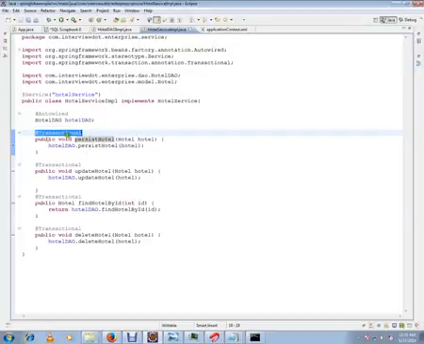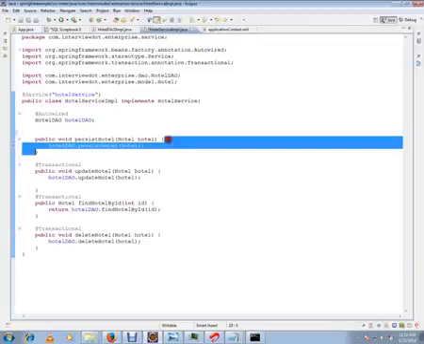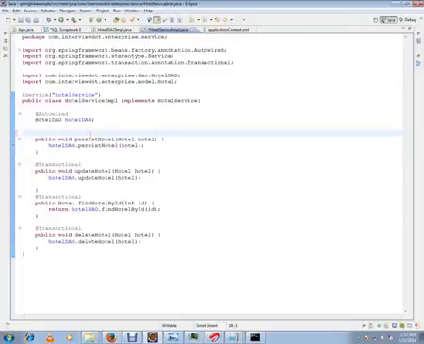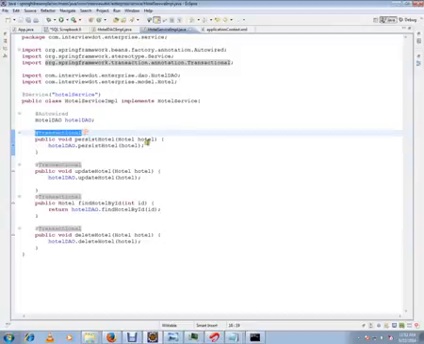Say for example, if I remove this and from this method I call a local method, then I place the transaction on the local method, it will not work. It should be on the entry of the public method, not internally. Internal methods it will not work. Okay, and one more point is,